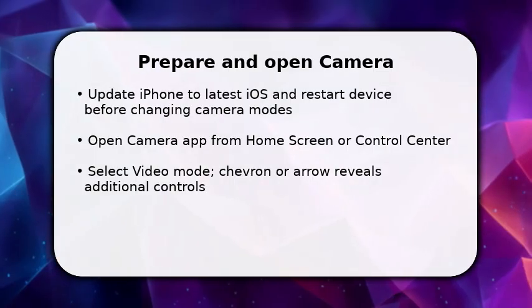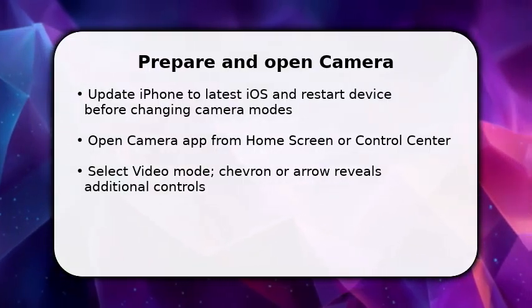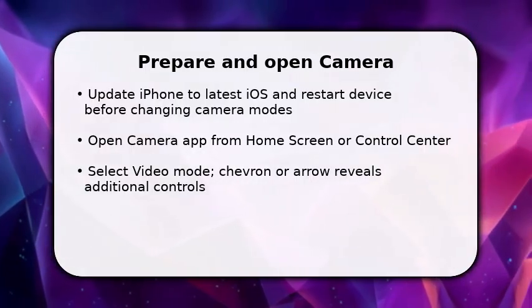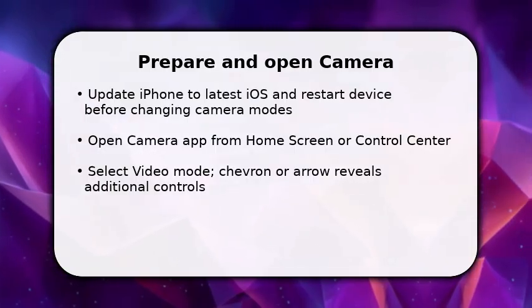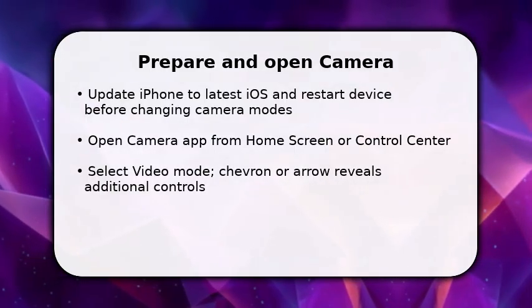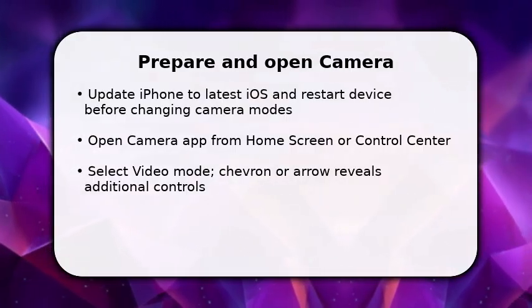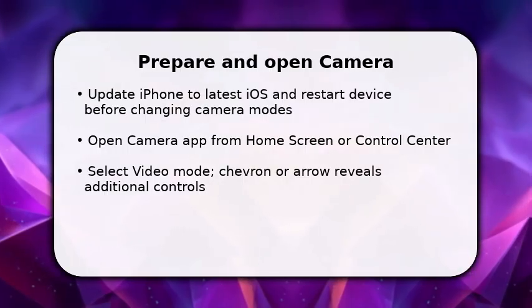You'll start by making sure your iPhone is ready. Update iOS and reboot if needed, because action mode appears only with current software. Once done, open the camera app and switch straight to video mode. Now look for the small chevron or arrow above the shutter or along the top. Tap it to expand extra controls. This immediate step gets you into the right camera context so you can reveal the action mode toggle without losing